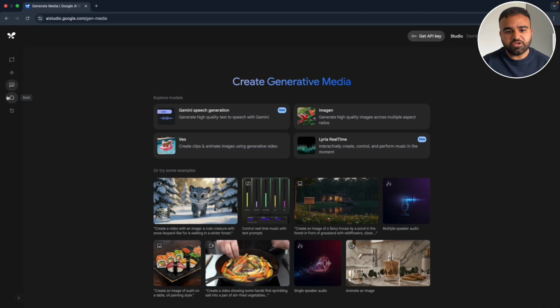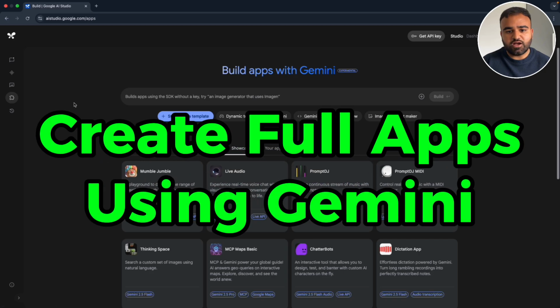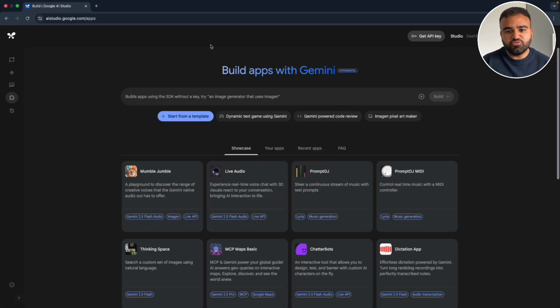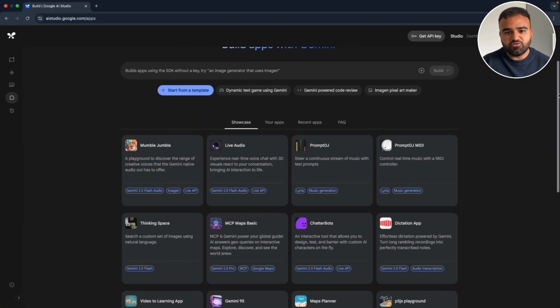The next tab is Build. This allows us to create full apps using Gemini. We won't be going too much into this feature today, but if you would like me to create a full video on this,